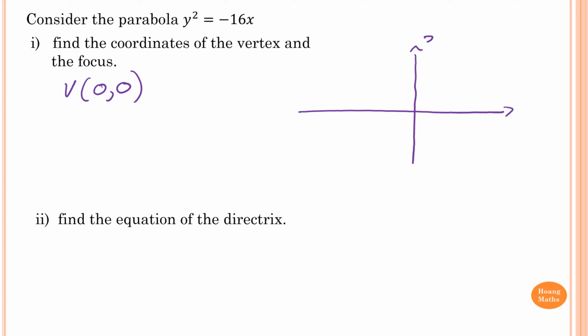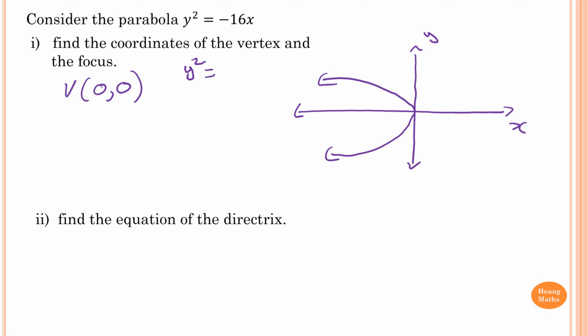So this is the y-axis and this is x. Now, because y squared equals -16x is a negative sideways parabola, we're just facing this way. That's the only difference. Now I compare. Because of y squared, I know that it is